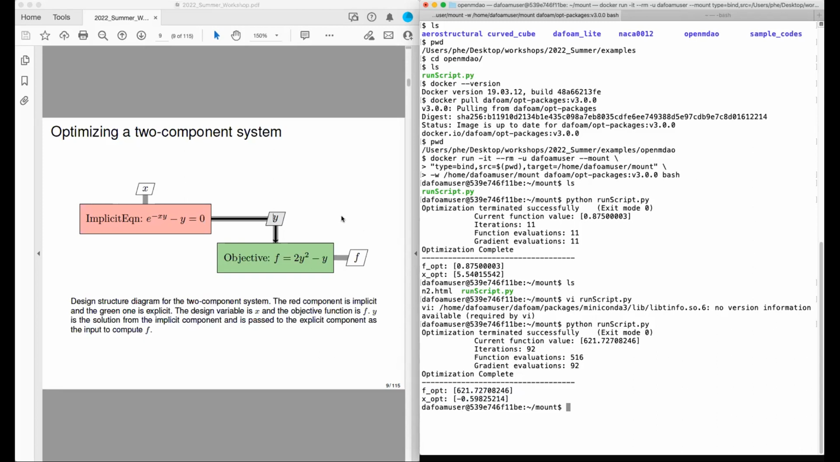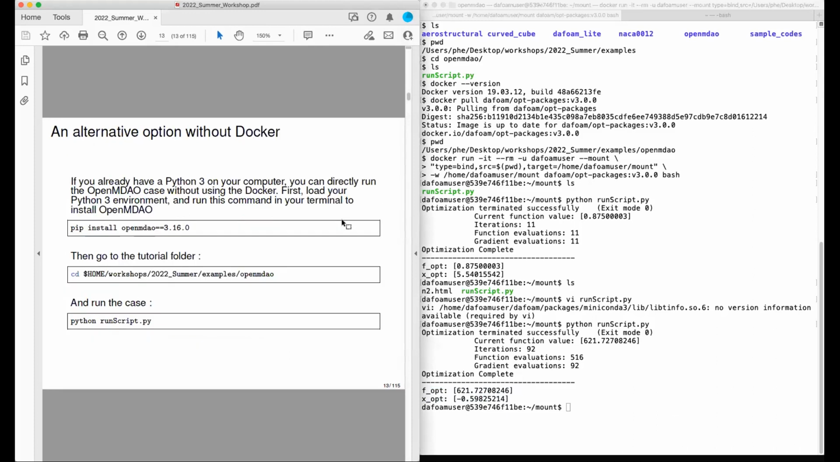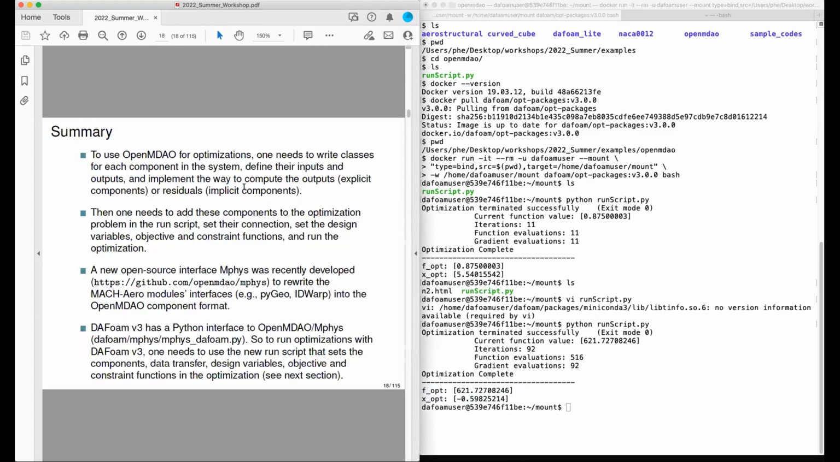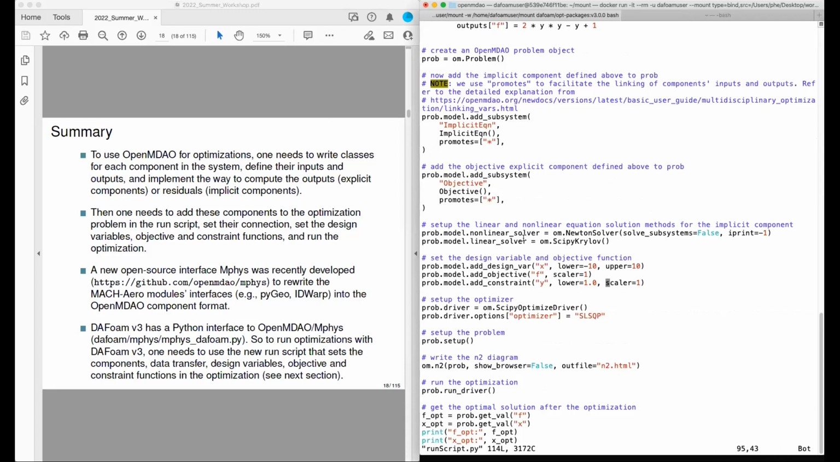Okay, if no questions, let me quickly summarize this tutorial, which is here. So basically, in summary, to use OpenMDAO for optimization, we need to write classes for each component in the system. We need to define the inputs and outputs. We need to implement the way to compute the output if this component is explicit, or if this component is implicit, we need to implement a way to compute the residuals. And then one needs to add this component to the optimization problem in the run script, right here. Okay. And then after you add them, you need to set up the connections. How do they transfer data? And then you need to set the design variables, set the objective function and constraint functions, and then